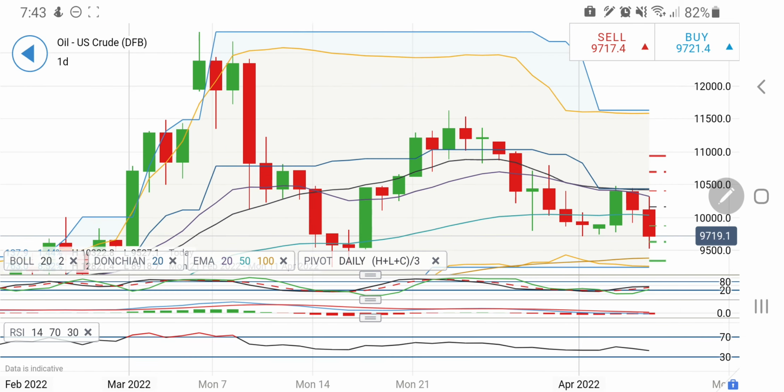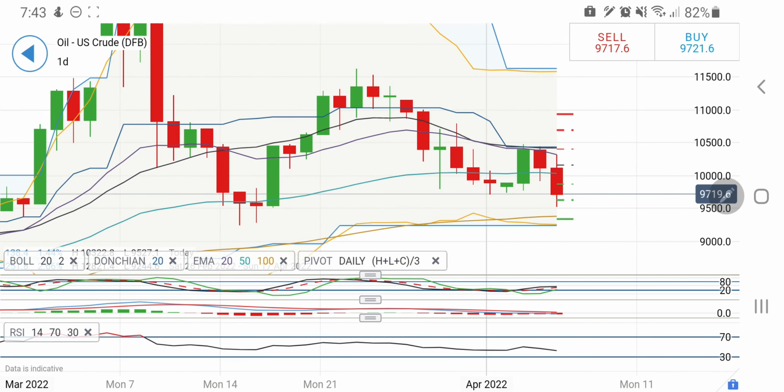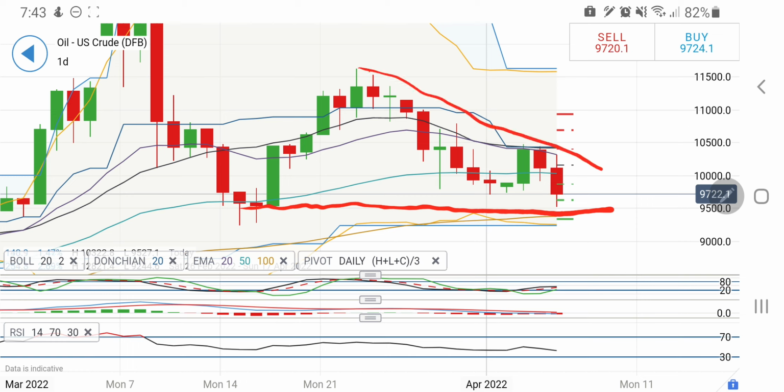See, oil took a great dip yesterday when it went towards 95 levels, which is a strong support zone for oil, and it is trading with this as support right now. Lower highs on the daily charts indicate that yes, it may try to drop a bit, but the only confirmation for it to drop is below $95 levels. Till the time it remains above 95, probably we can expect that it can try to swing in between this